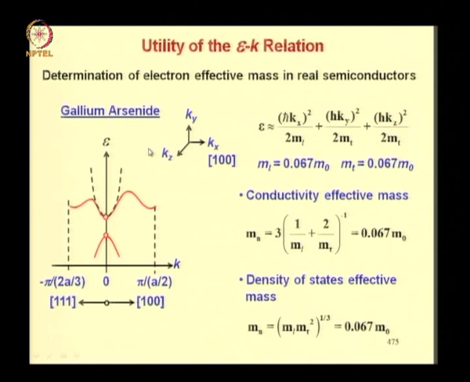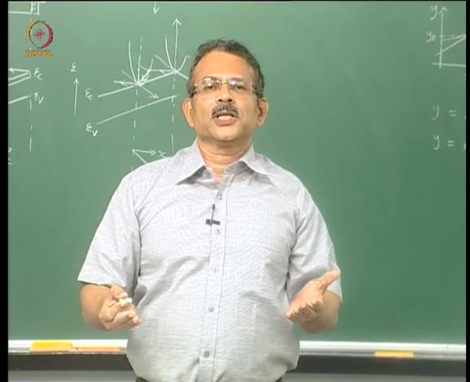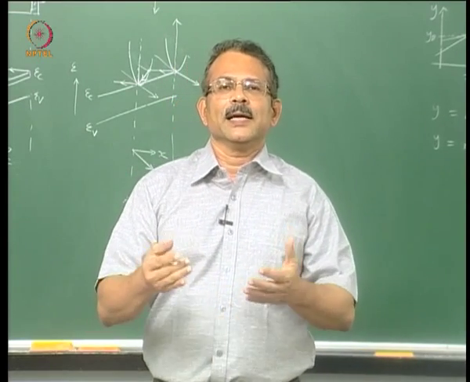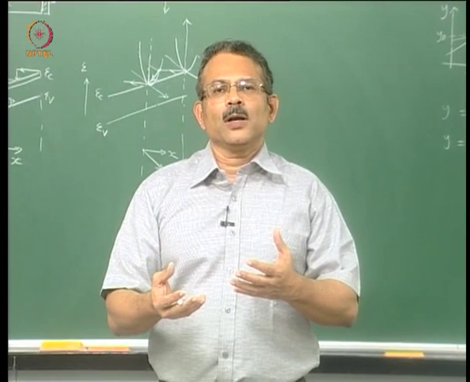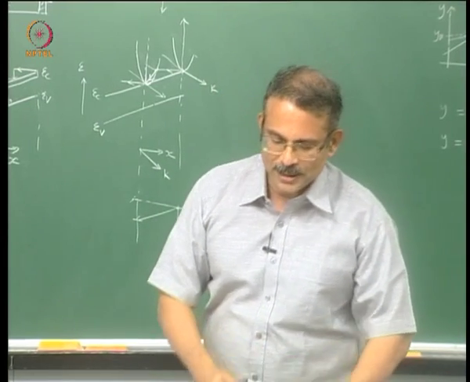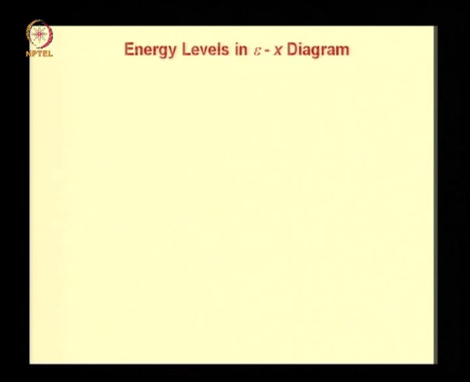For the case of gallium arsenide, a similar approach yields the same conductivity and density of states effective mass. The reason is that in this case ml and mt are both identical and equal to 0.067 m naught. So you see, if you compare it with silicon, the effective mass of electron in gallium arsenide is much smaller, right. So the electron feels much lighter in the presence of the gallium arsenide crystal potential as compared to the silicon crystal potential, and that is why the mobility of electrons in gallium arsenide is very high. So you apply force, because the mass is small, the electron gains a high acceleration or high drift velocity in gallium arsenide as compared to silicon.